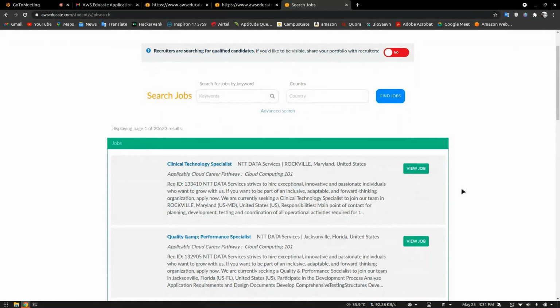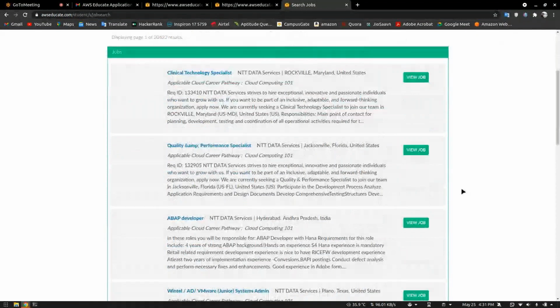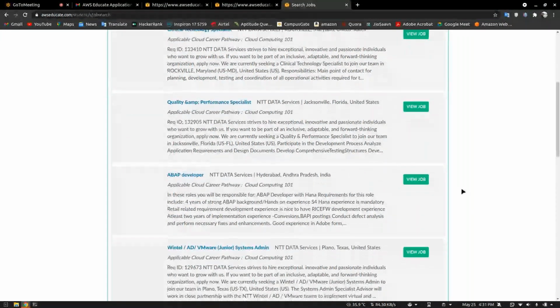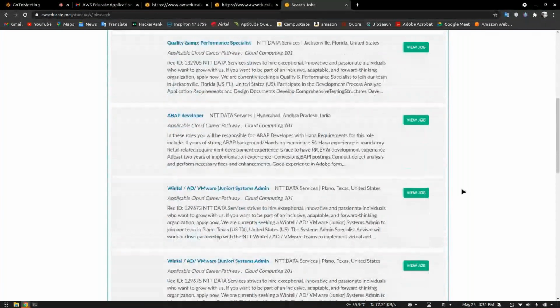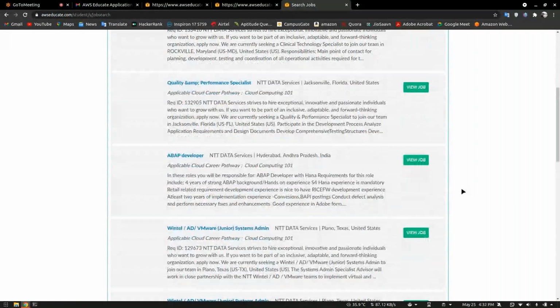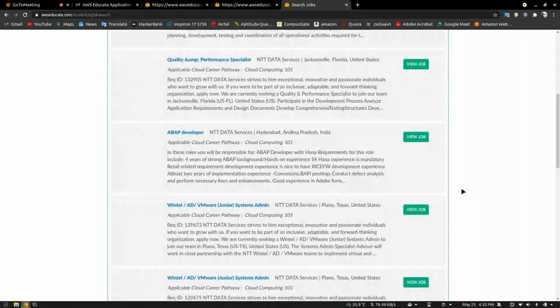Those are the jobs available in AWS, cloud, or any cloud related companies. So we have so many job offers. There is a company name, and below is the total description about that company and our required certifications also. Application cloud career pathway.